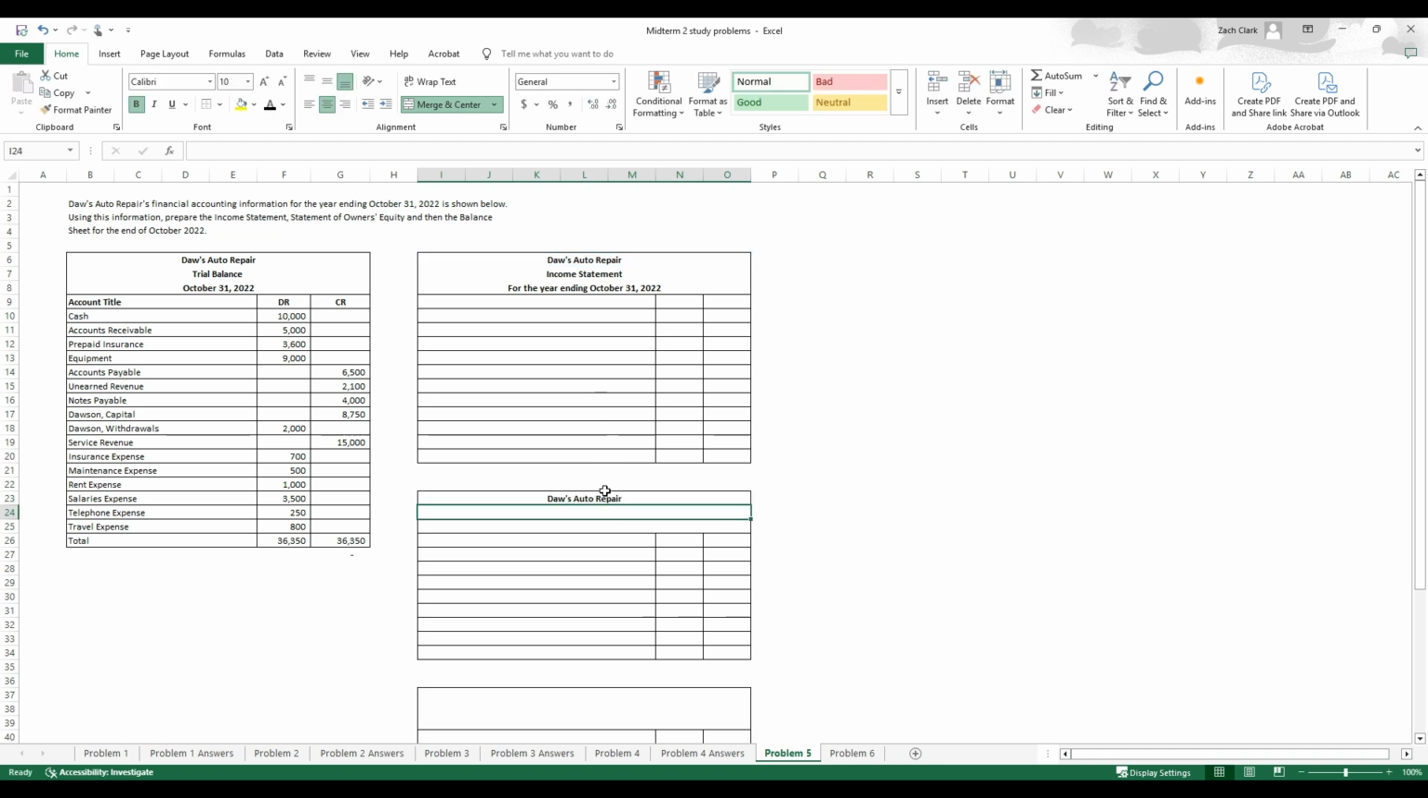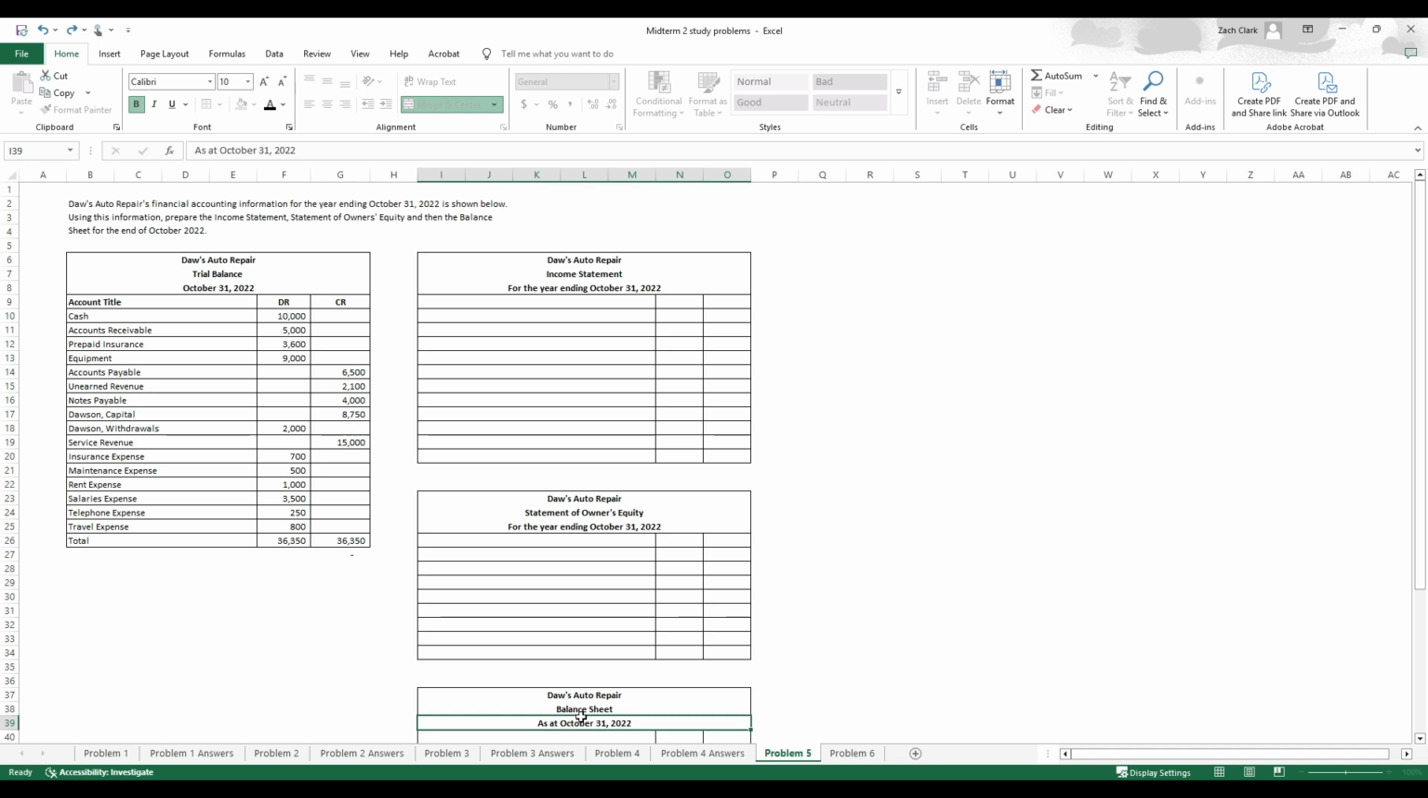So then we bring our title down to each one of the statements. This will be our statement of owner's equity. And this will be our balance sheet. And we'll be preparing these top to bottom, income statement first, owner's equity, and then balance sheet. And we'll have the same for the year ended designation on the statement of owner's equity. But the balance sheet, we're going to say as at